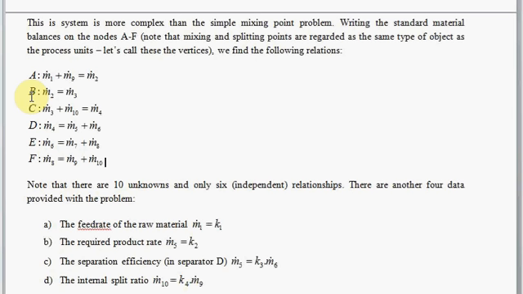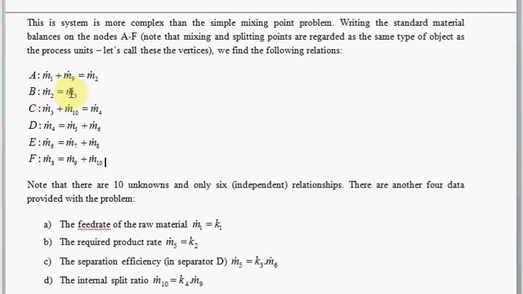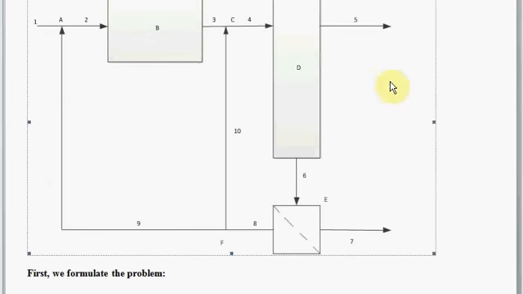And then for node B here, you can see that we've got the same mass flow rate coming into this unit as going out here. And so that's the equation that applies around node B. And of course here we are just looking at the total mass. We aren't counting any change in the number of moles of the species here. So the total mass must be conserved even if there's molecular rearrangement going on. Right? If there's reaction happening that's changing the nature of the species involved, it doesn't matter to our total mass balance. The total mass in must be the total mass out at steady state. So that's the balance across the reactor. And then if we look at node C here, you can see that